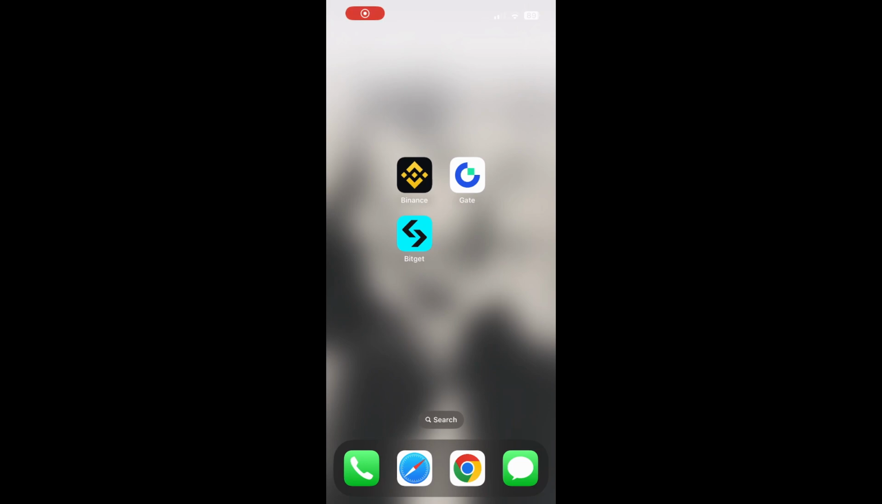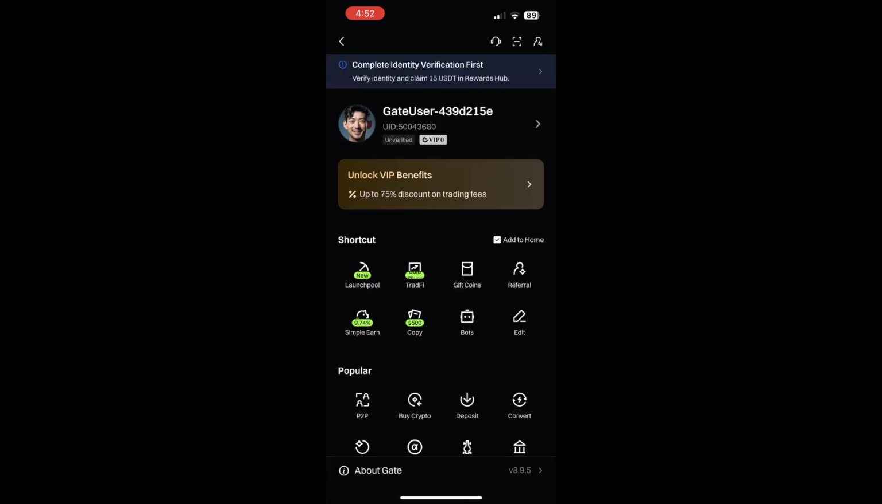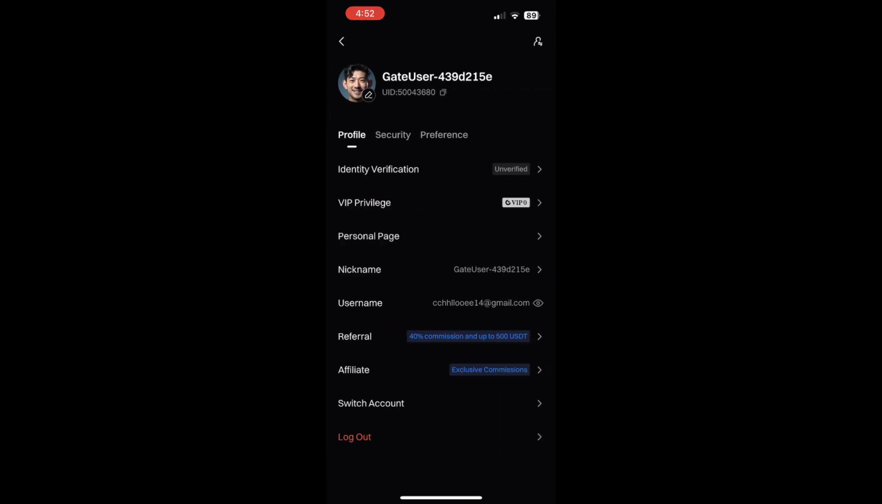In this video, I'll show you how to reset your Gate.io login password step by step. First, open the Gate.io app or website. On the login screen, tap or click Forgot Password under the password box. If you're already logged in and just want to change it, go to Profile, Security Settings, Login Password, and choose